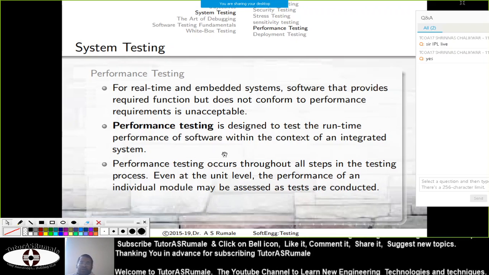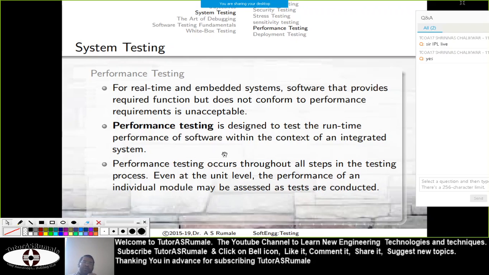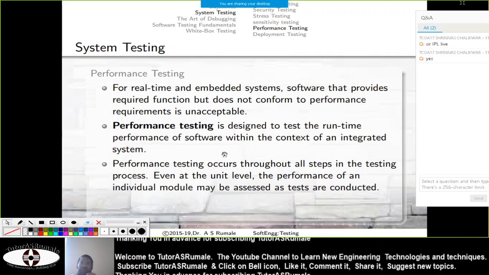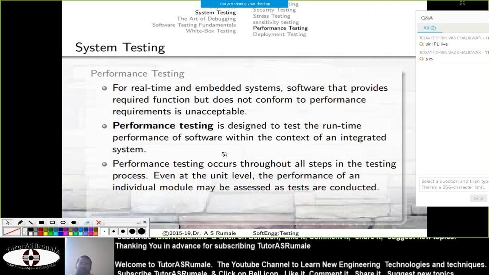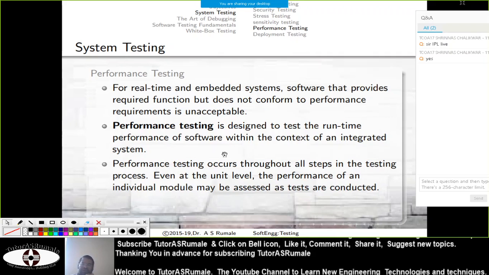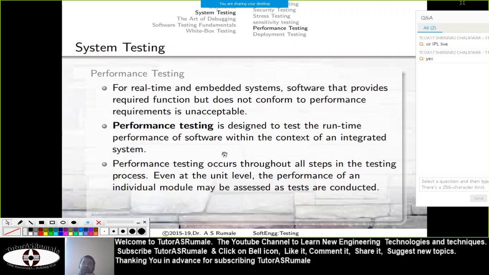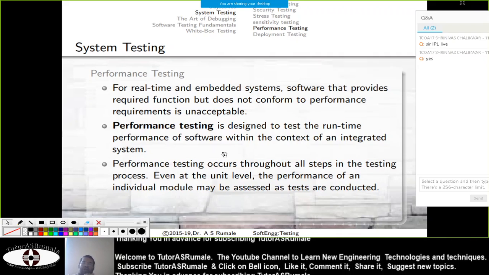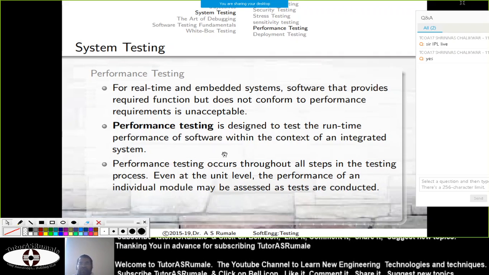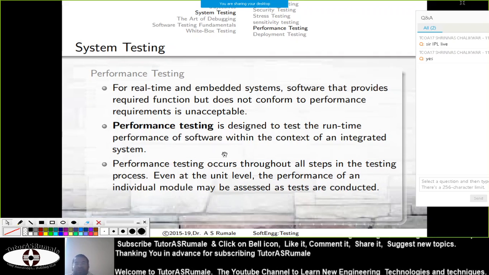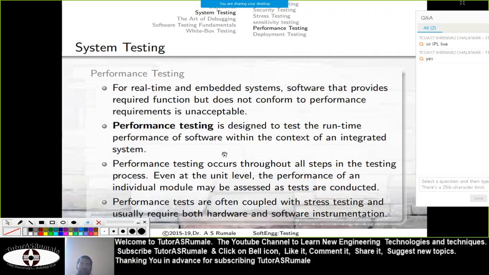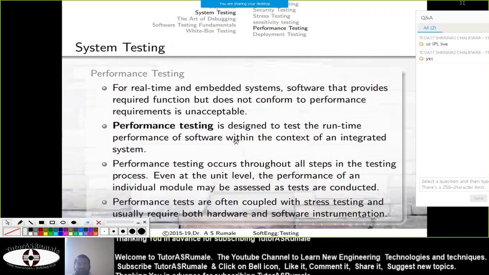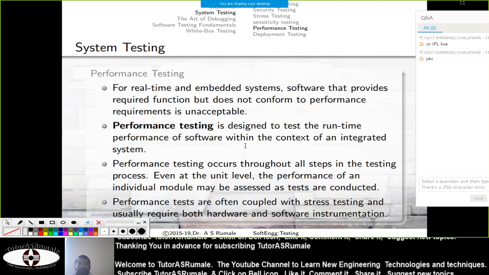Because the components were not proper, whatever tests they had done, too many tests, some test may have gone wrong in the performance, and we actually lost contact with Vikram. So that is what we call performance testing, which is required to be done. It is a very essential part of system testing for embedded systems.